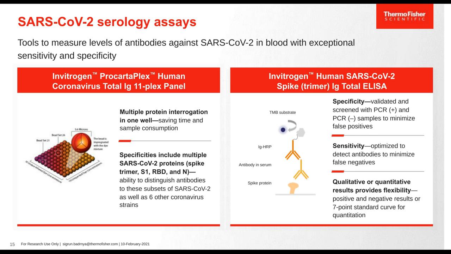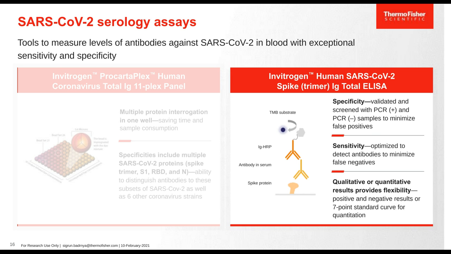In this regard, I would like to introduce two new serological immunoassays for research purposes, a multiplex ProcartaPlex panel, as well as one of our available assays for SARS-CoV-2 research in the ELISA format. The human SARS-CoV-2 spike Ig total ELISA combines the spike trimeric structure immobilized to the surface and total antibody detection with the flexibility of either qualitative or quantitative readouts, providing one of the best platforms for sensitive and specific detection